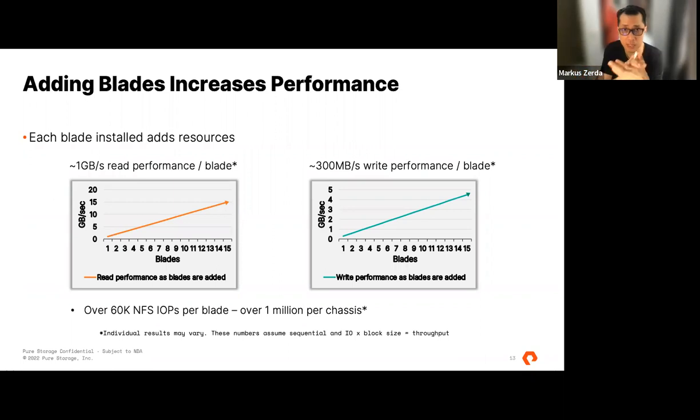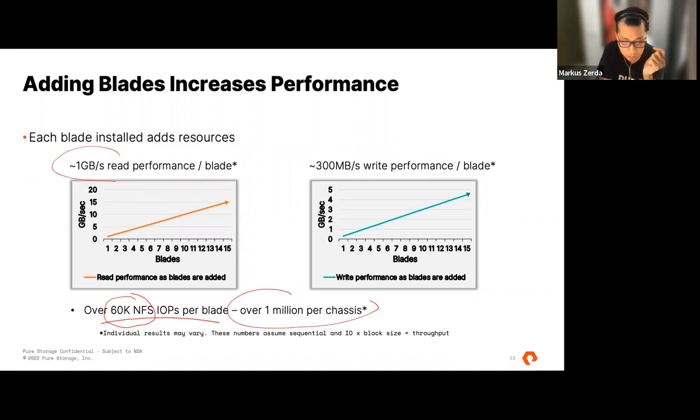So you divide it by 8, more or less, we round it off to 1 gigabyte of raw performance per blade. So if you have 15 blades, you can get 15 gigabytes, right? And if you have a single system in a chassis, you can actually get NFS IOPS, take note, NFS IOPS of up to 1 million. Okay,